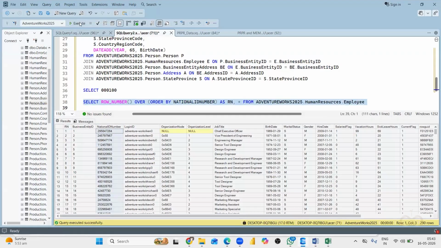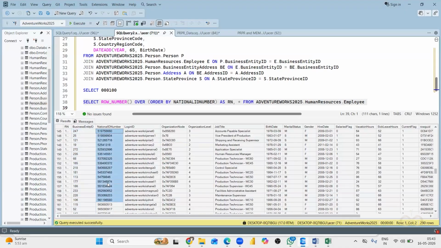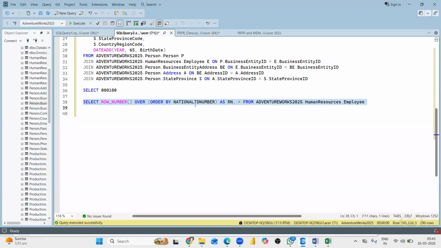It will order by the national ID number. If you see, for business entity ID 57, it is assigning rank 1. For 54, it is assigning rank 2. So it is not going by the business entity field; it is going by the national ID number for calculating the row number for each record. In the same way, we can use this functionality. And if we use just null here,